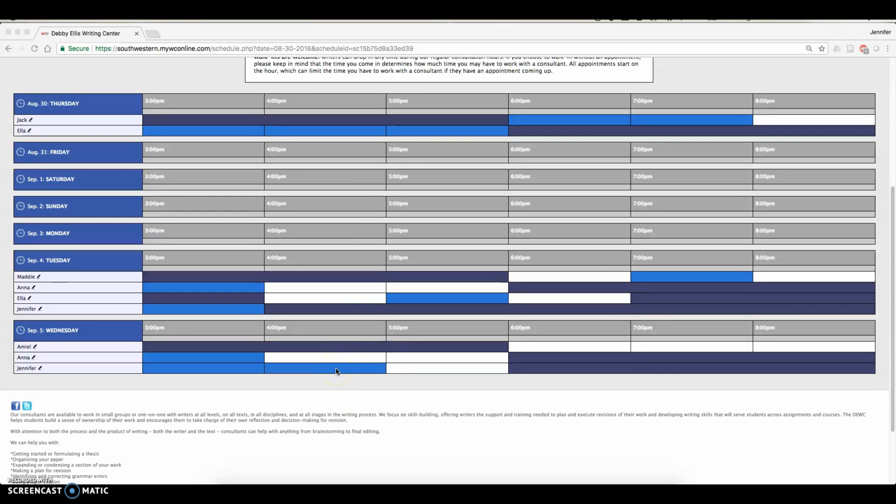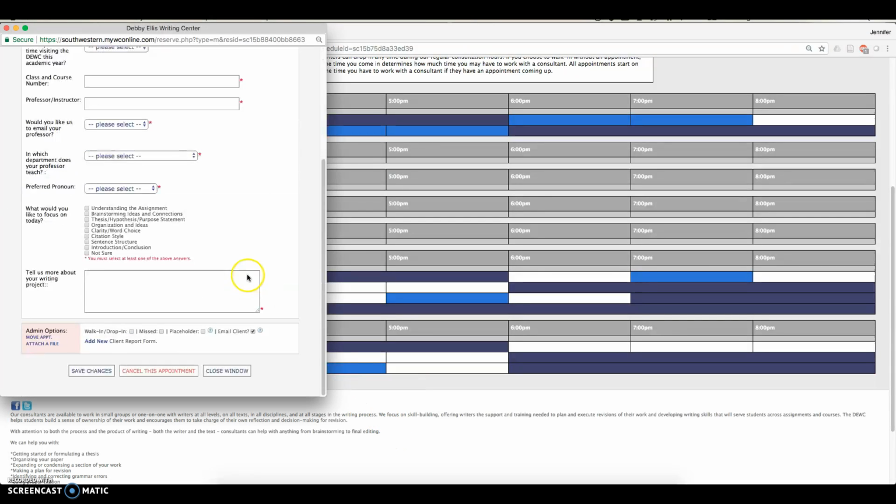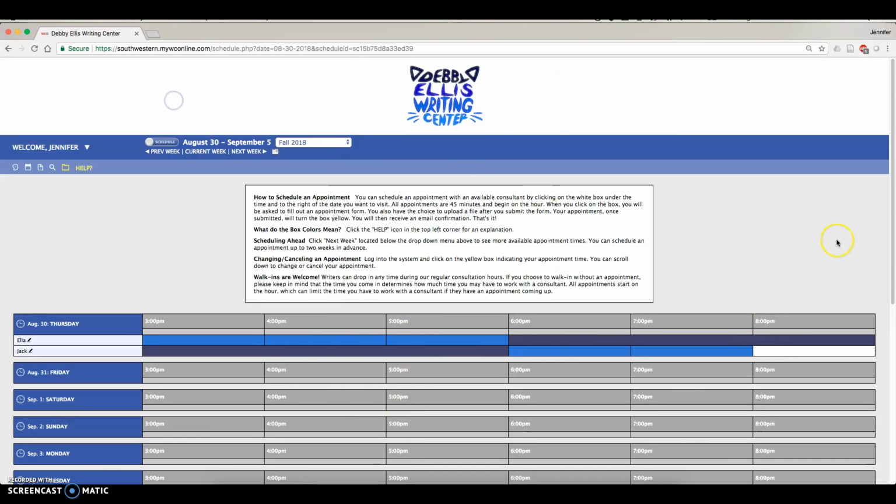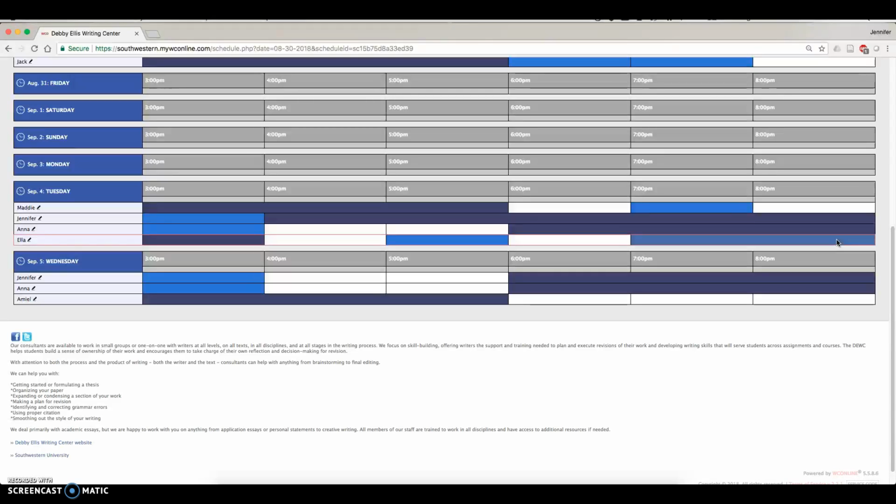up. So 15 minutes after the beginning of the consultation time, if they do not come, go ahead, click on the box, the appointment box, go down and go to admin options and click missed, and then go ahead and save the changes. What will happen then is we'll mark them missed in the system, and when it comes to